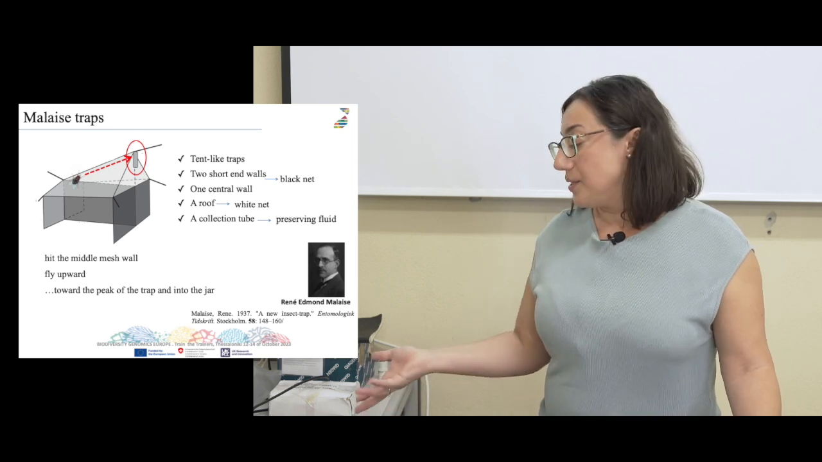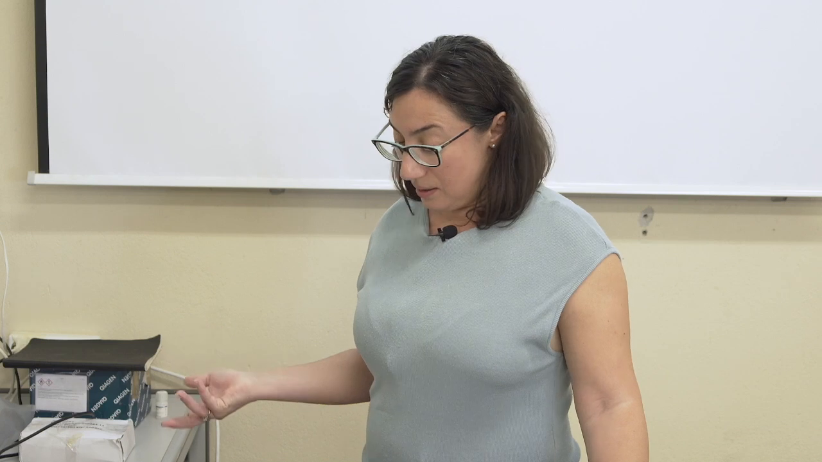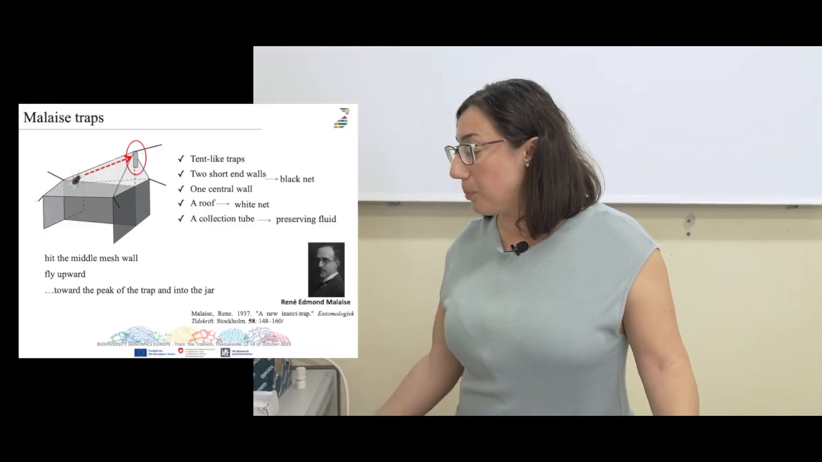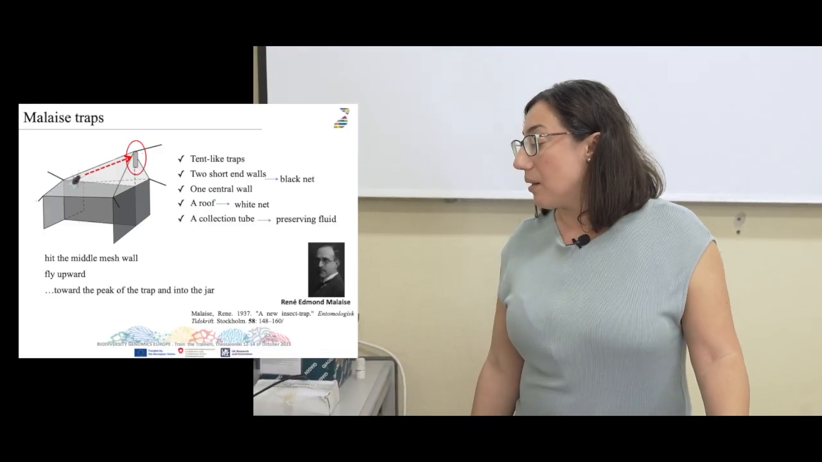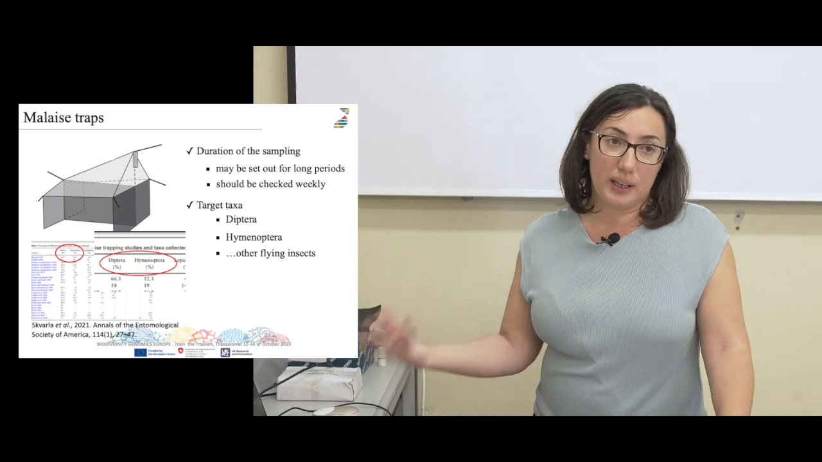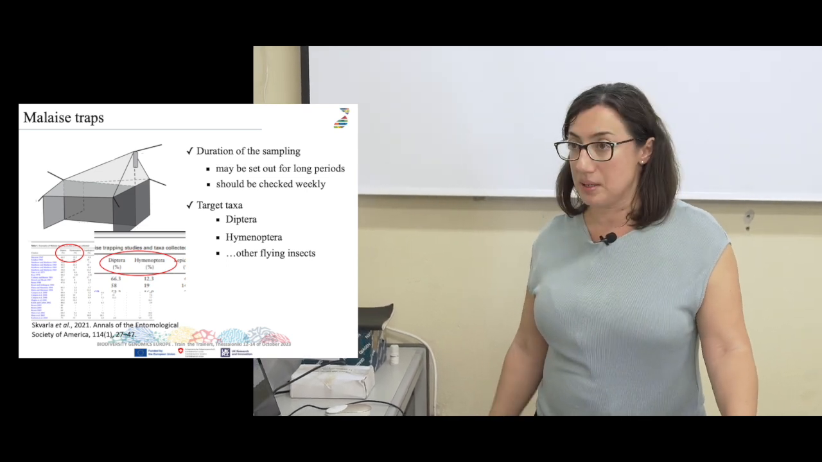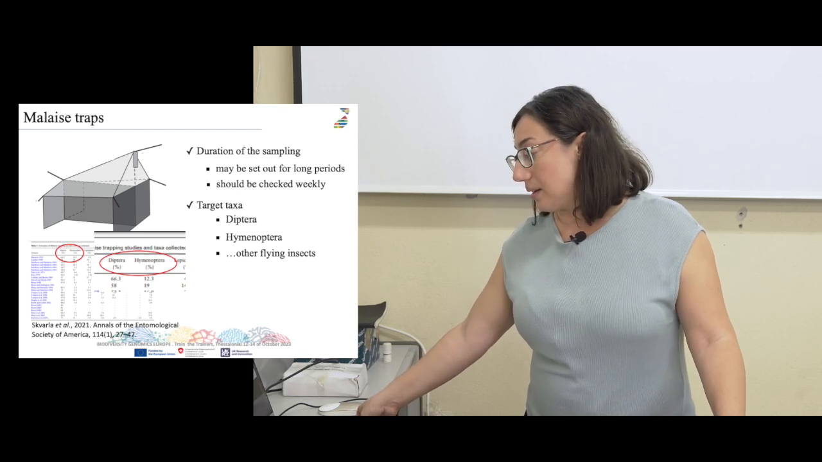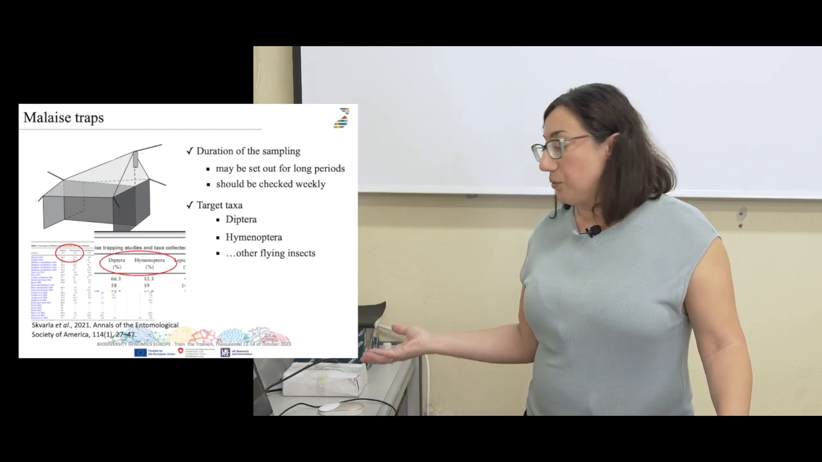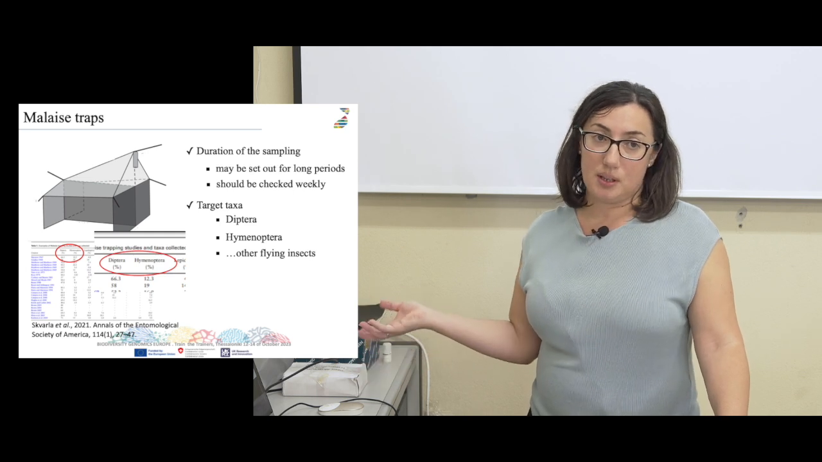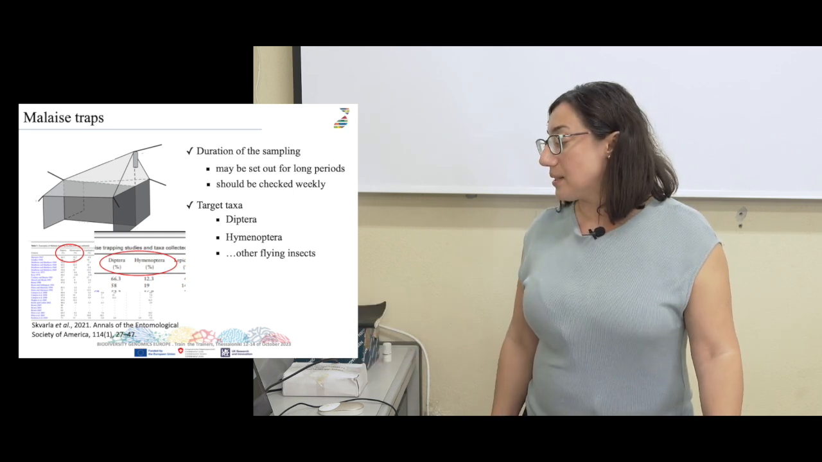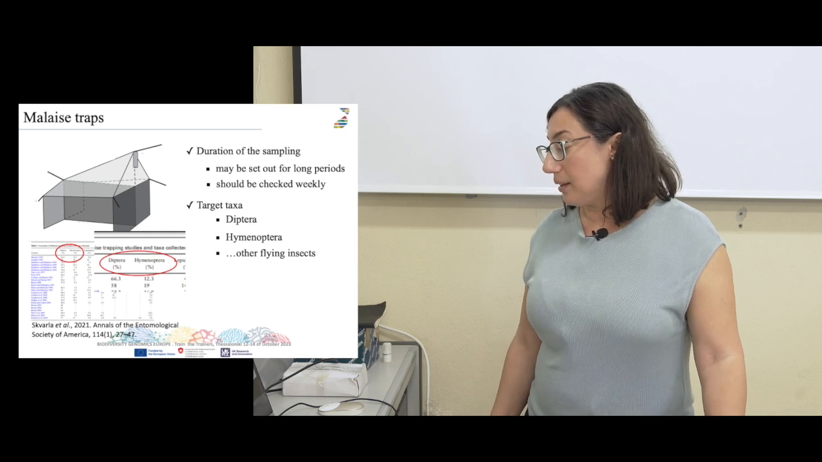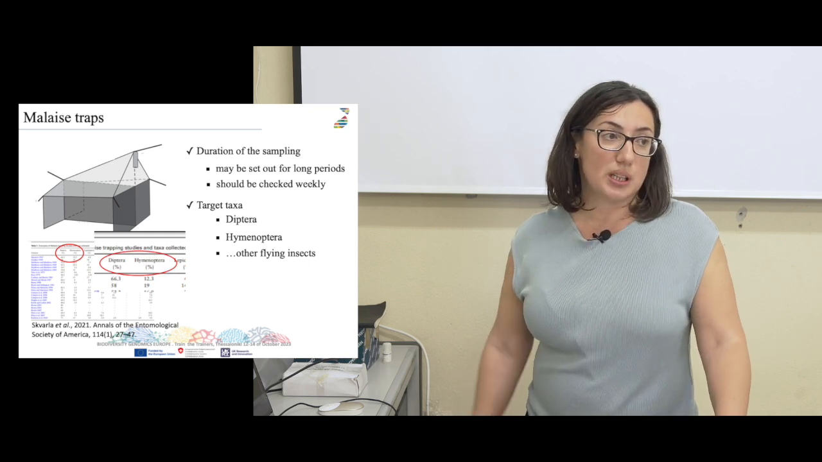are very popular among entomologists who work with them, because you may set them for a long period of time, and they should, of course, be checked weekly, depending on the area and the season. There are a lot of flying insects, a lot of species trapped in the Malaise trap, but Diptera and Hymenoptera are the two taxa that are mostly trapped in this kind